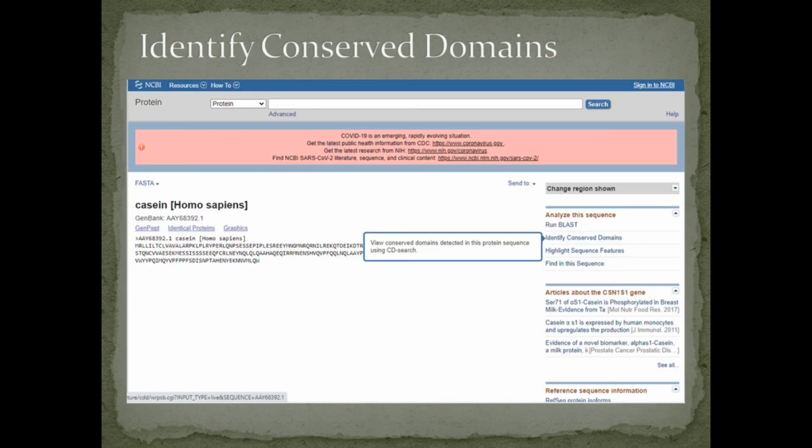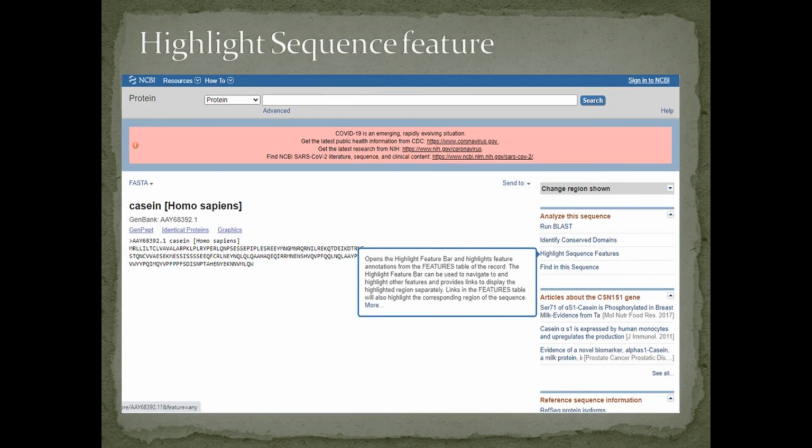The next option is Identify Conserved Domains. With the help of this link, we view the conserved domains detected in this protein sequence using CD-Search. Highlight Sequence Features: this feature opens the highlight feature bar and highlights the feature annotation from the feature table of the record.